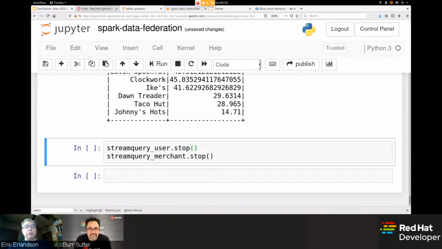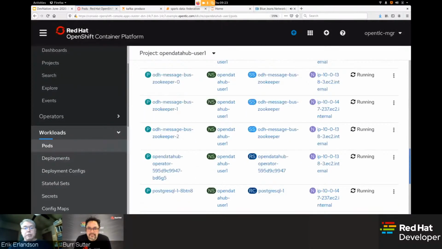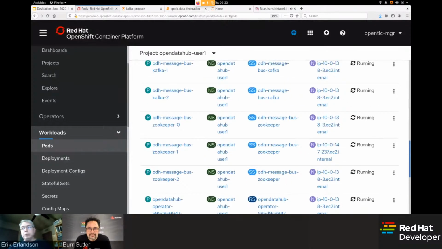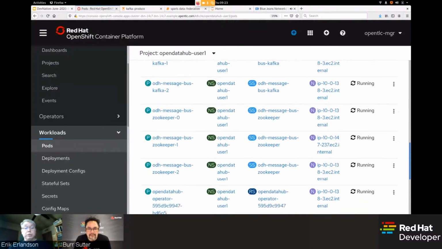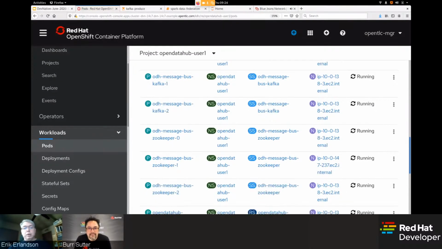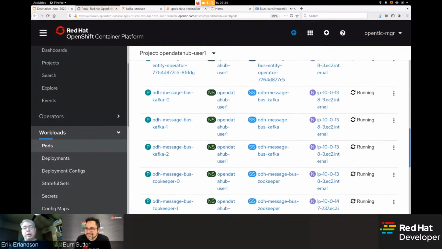If we go over here and look, the Kafka cluster that I was running this on also exists in my workspace, spun up using Open Data Hub. So you can see that it automatically gave me Kafka Zookeeper. Here's the actual message buses. So here's the individual highly available redundant clusters for pods running Kafka for me.